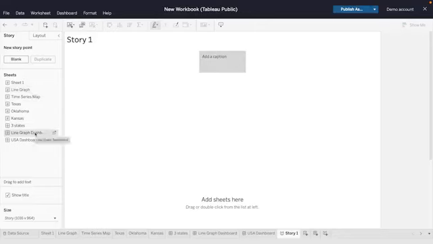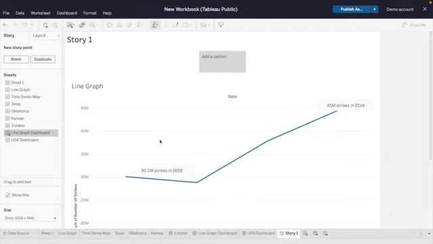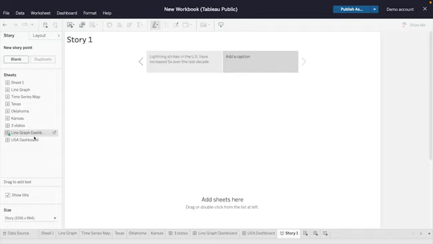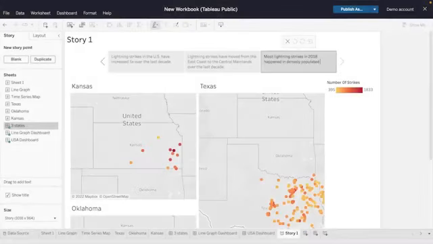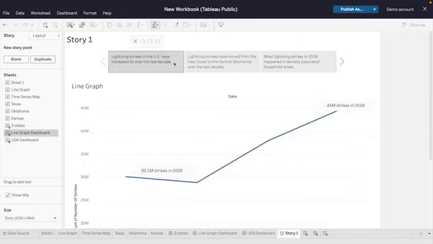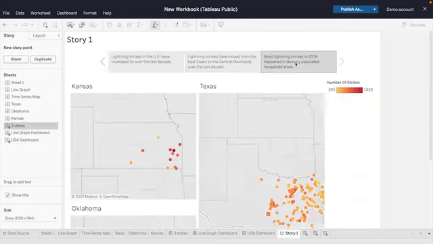On the first page of the story, insert the dashboard with the line chart. Fill in the caption to give details about what the chart is showing. On pages 2 and 3 of the story, put the interactive map of the US followed by the dashboard that includes all 3 states, Texas, Oklahoma, and Kansas. With the 3 captions filled in, we have a complete story.